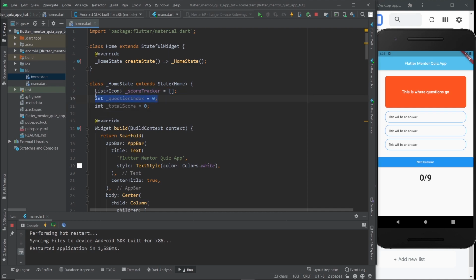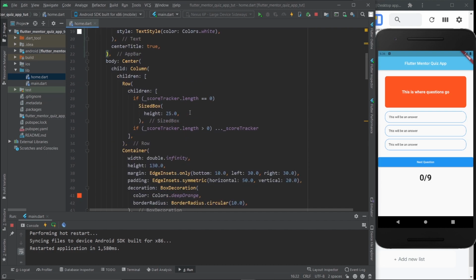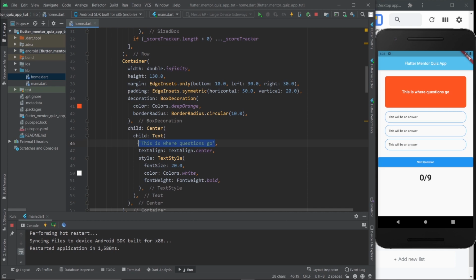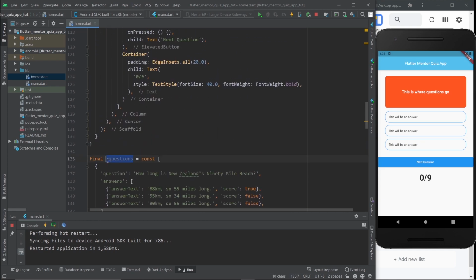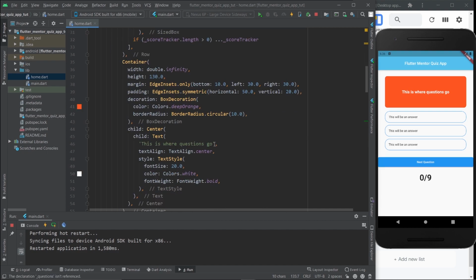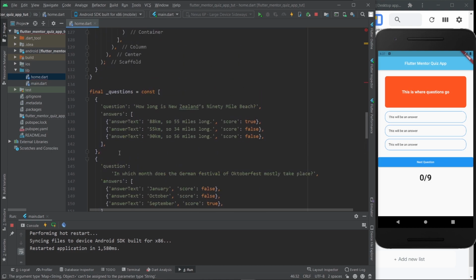So now that we have this variable right here, let's go ahead and give this a real question instead of this dummy text. So instead of this text right here, what should go here? Well, let's go back here and see it's called questions. That's the name of the list. And I'm just going to delete this right here and replace it with questions. And then here you throw in the index number, right? Like 0 or 1. Let's do 0. And let's go back down just so you understand. So we're at index 0 of the questions list.